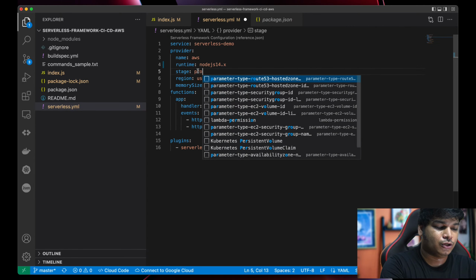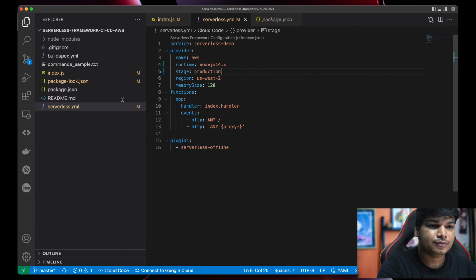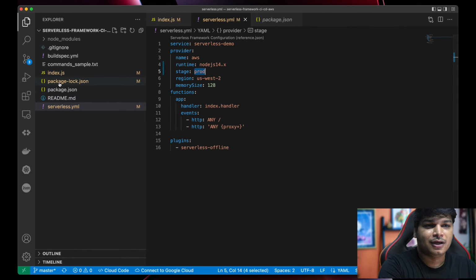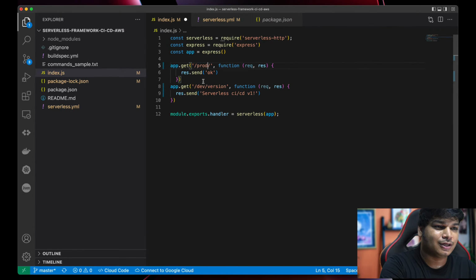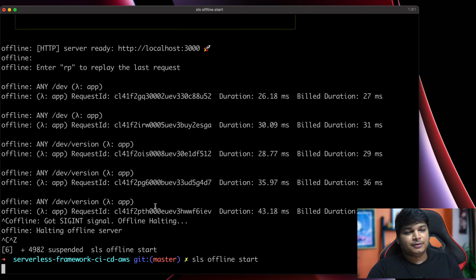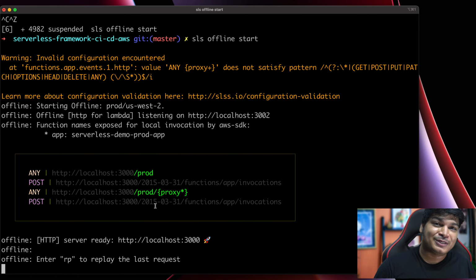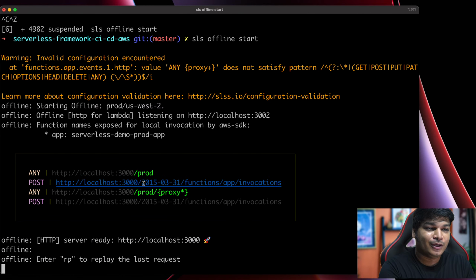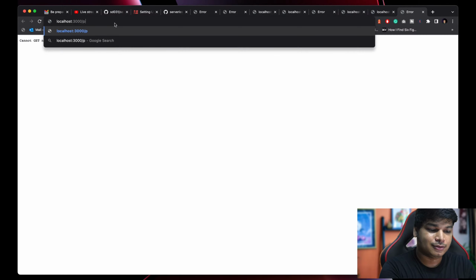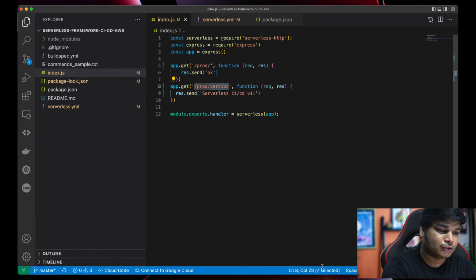You can set production also like this, or say prod for example, and accordingly you can change it here also prod, and if you just stop it, start it again. It's a very old application because I copied from the older one, it's having problem. You can start from the new one and it shouldn't have any problem for that. Say prod, and if we go here version,